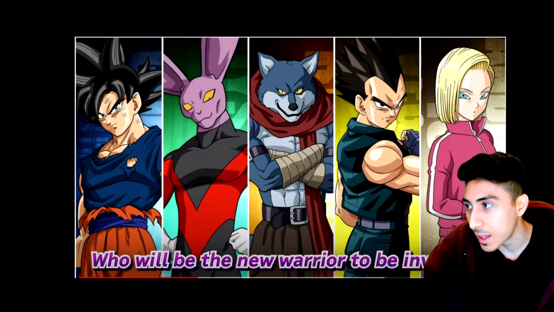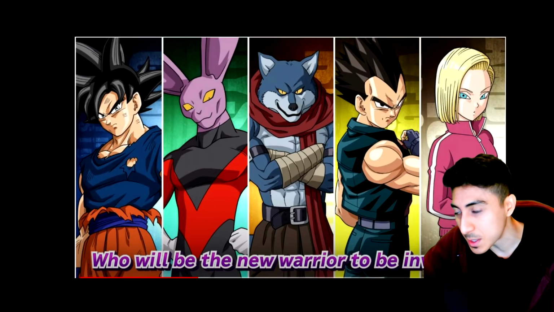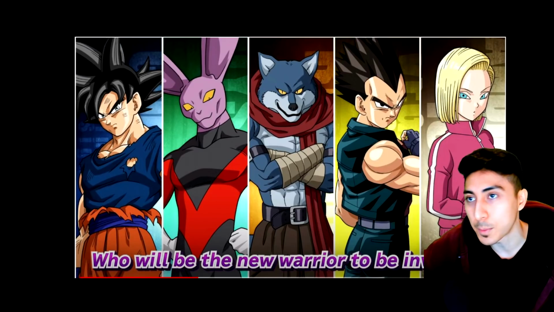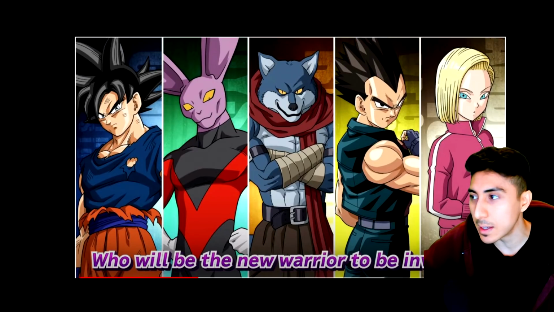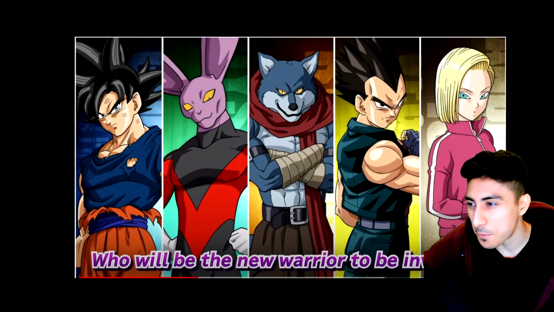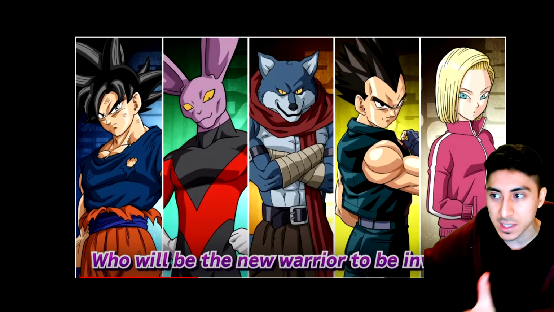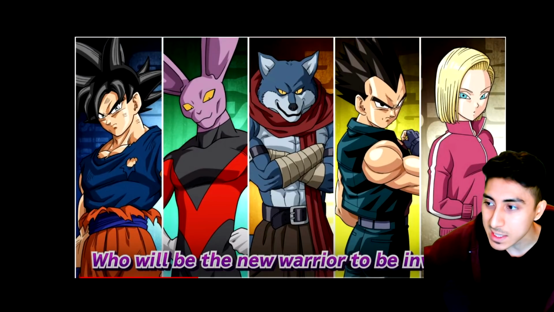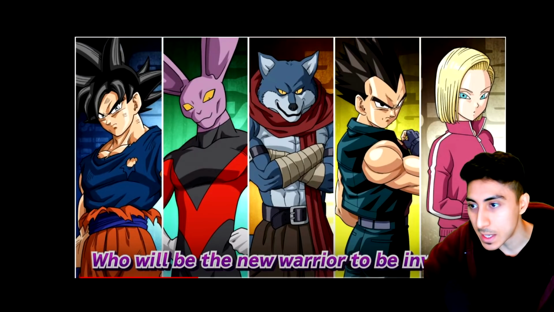I definitely think that these characters, at least Dispo and Bergamo, deserve to be in this pack. But you think about it, and it's called, what was it called? Awakening Warrior Edition. Like, the theme, these two characters don't really fit the theme. They have an awakening type of deal. We have his light speed mode for Dispo and the giant mode for Bergamo. So it's like, yeah, maybe, but I would not hold on to the hope that